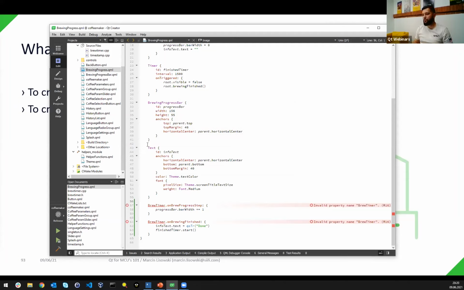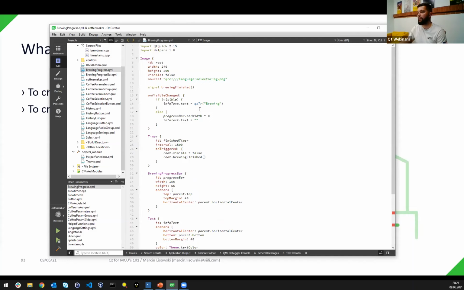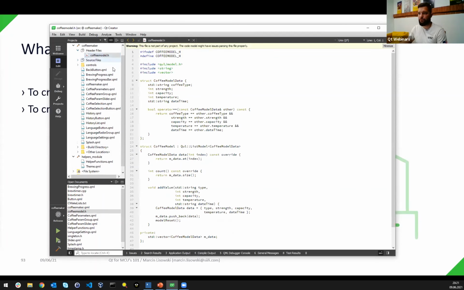And right now there is time to add the model for our history view. So this is a good moment to ask some questions regarding those things we just did to our app, so about the brew timers and the mechanics involved there. If you're curious about anything around the changes we just made, let's put those questions in the question and answer section, and I will slowly prepare for the next steps in the meantime. All right. So this is the model